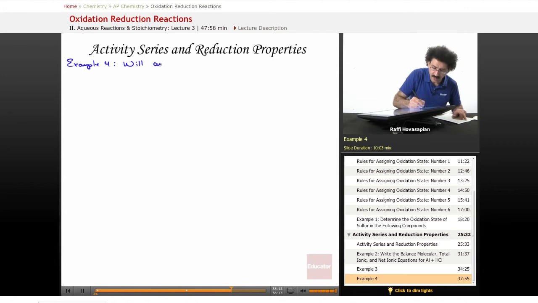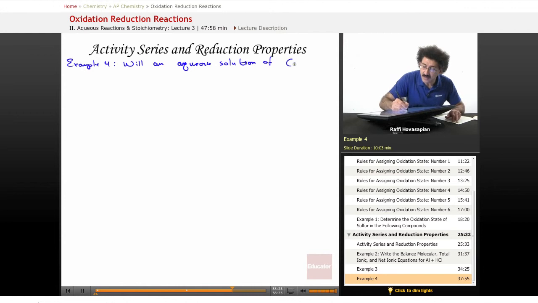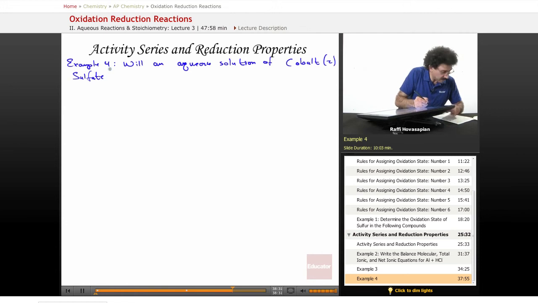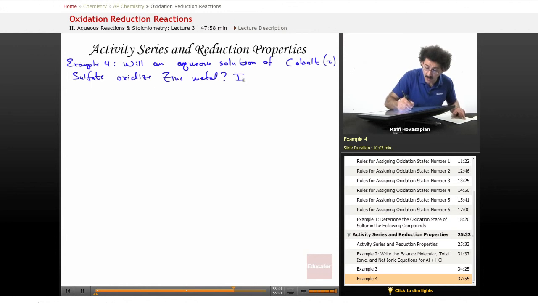Will an aqueous solution of cobalt 2 sulfate oxidize zinc metal? That's the question. If so,